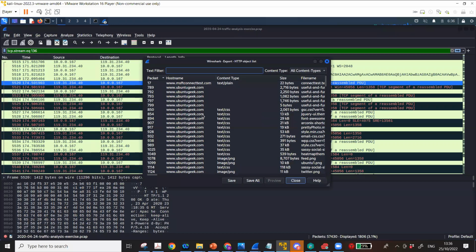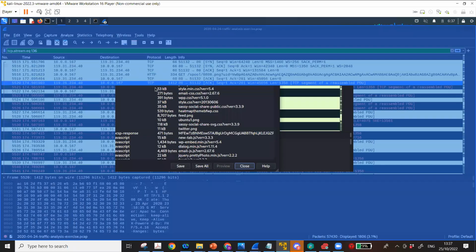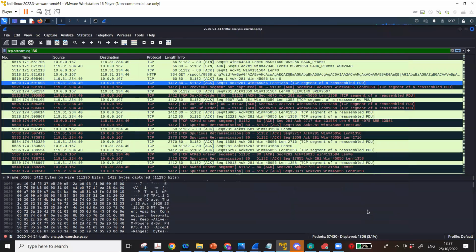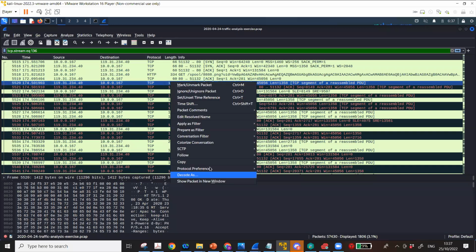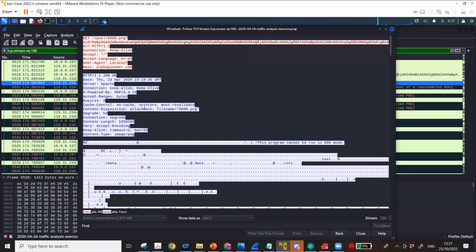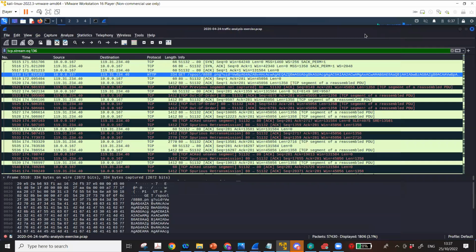now here you can see that there are lots of files that are exchanged and they can be exported. But the one that I'm looking for is basically a PNG file, an image file. Now, I just showed you, you can also search it by using the host name. So for example, the packet that, sorry, I'm just going to show you what was the host name. If you see here, you have the host name alphapioneer.com. If this packet is there, the one that I'm looking for,